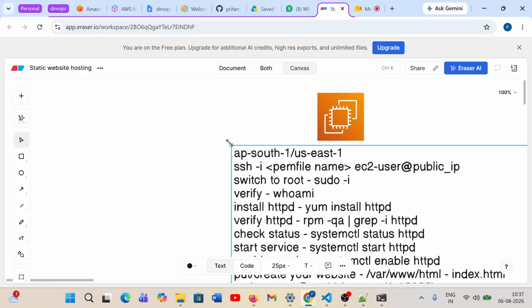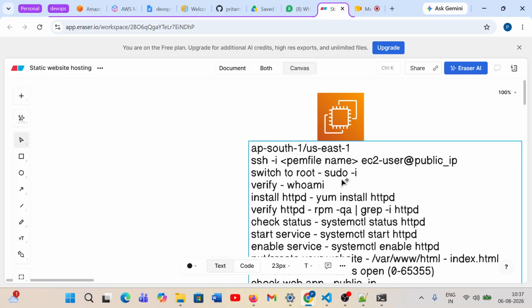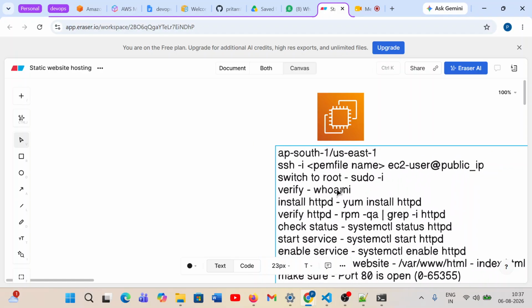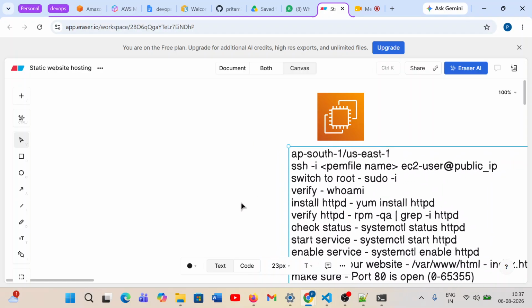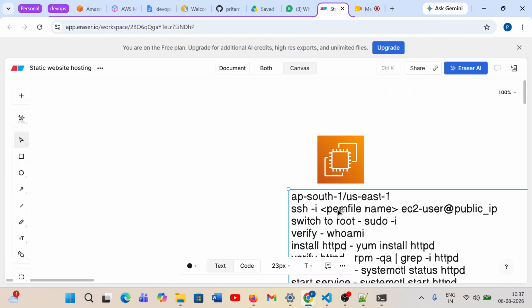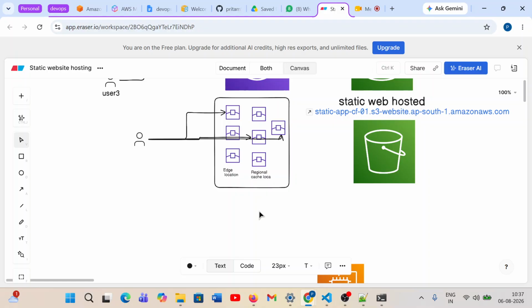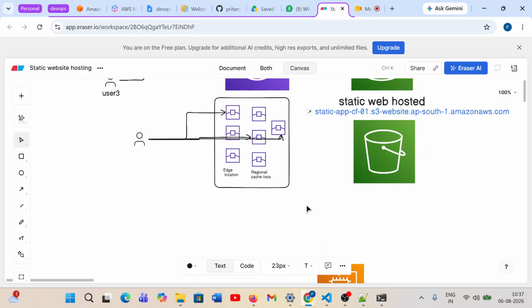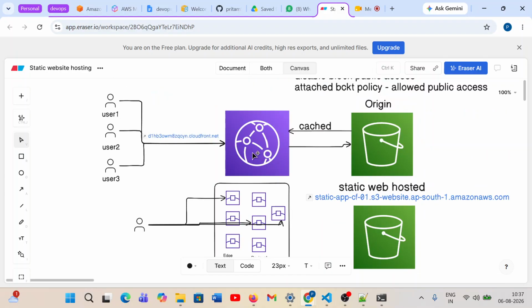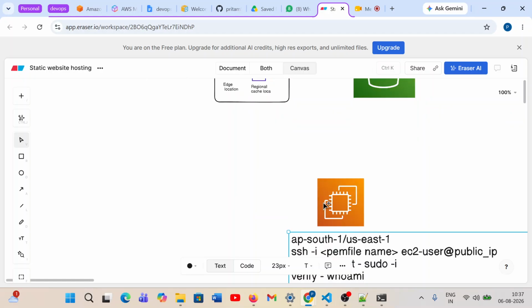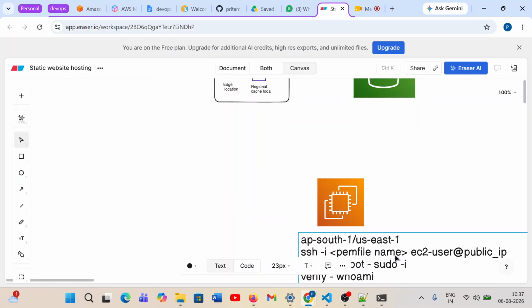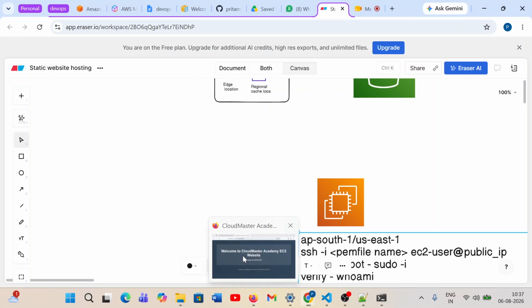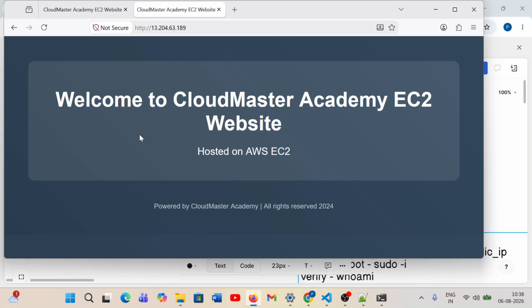So we successfully converted this EC2 into a web server and hosted a web application on top of it. But what is our sole intention, why are we performing this lab? Because this time we are going to integrate this EC2 with CloudFront. Think about it: right now I have hosted a static web application, because it is not performing anything, there is nothing where I can do anything. But in real time I told you